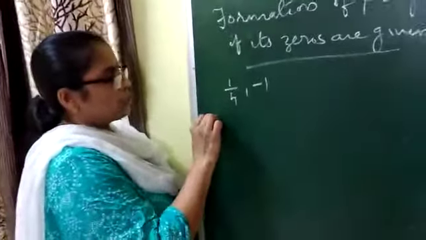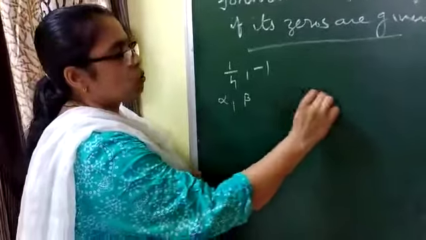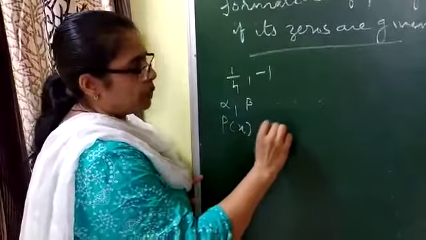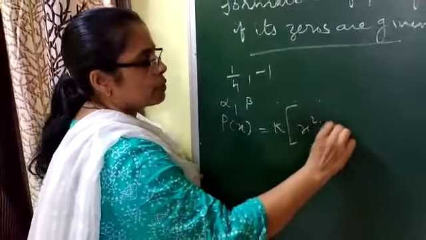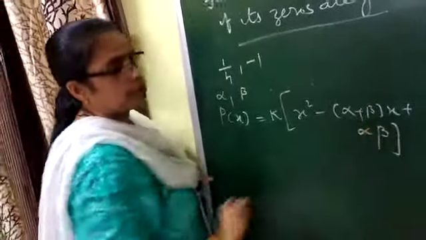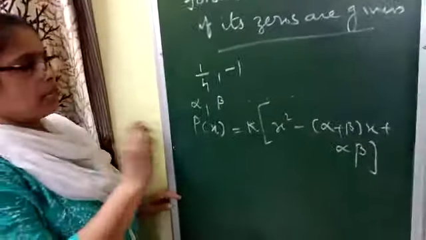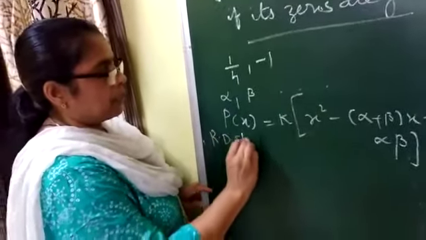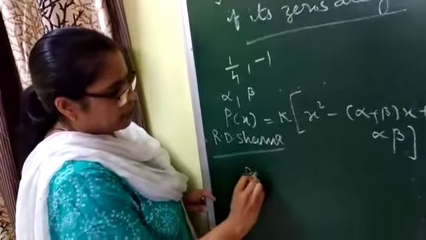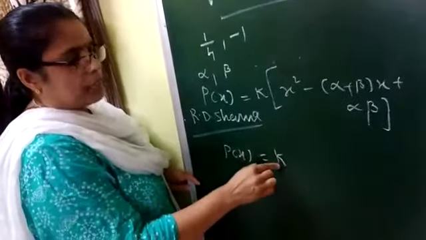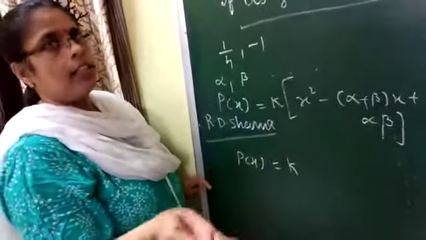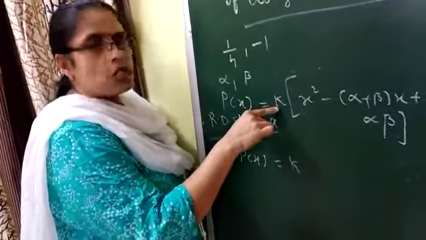See, if you know that if alpha and beta are the zeros of a quadratic polynomial, then the quadratic polynomial can be formed using the formula P(x) = k(x² − (alpha + beta)x + alpha beta). Do you remember? This is a very simple method. This method is from R.D. Sharma. It is very easy, and I have also explained the NCERT method. Now, P(x) is equal to k into... why are we taking k? Because in these three terms, sometimes some common factor can come outside. That common factor we are assuming just as k.